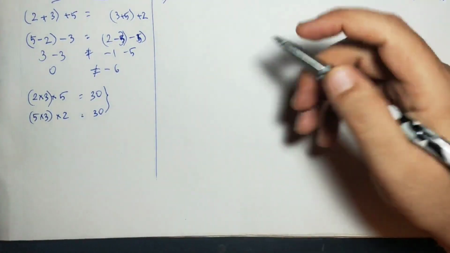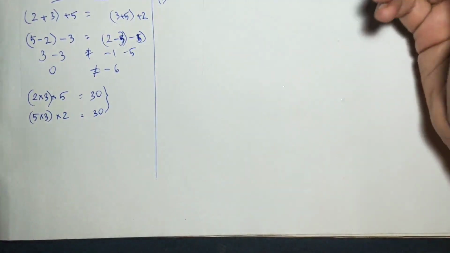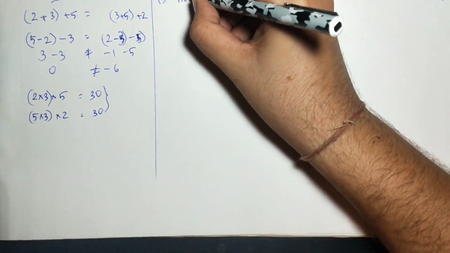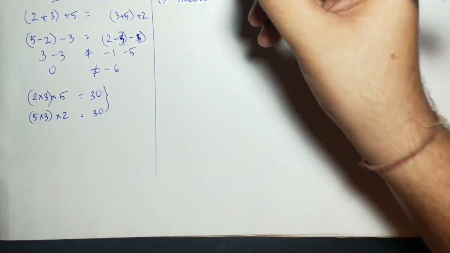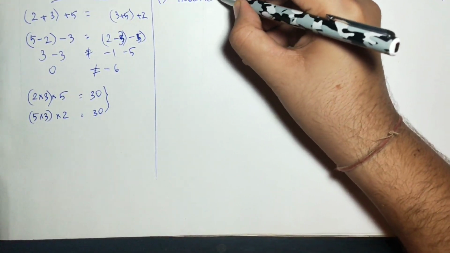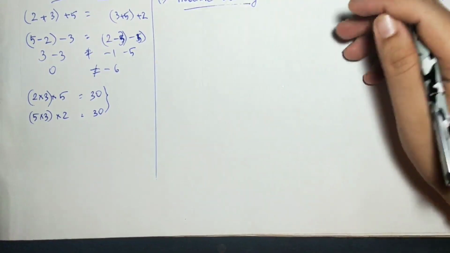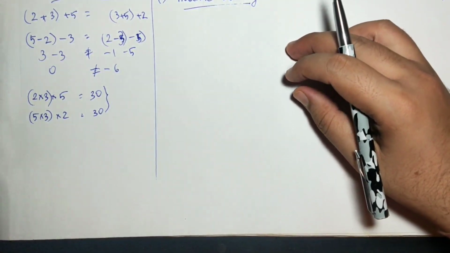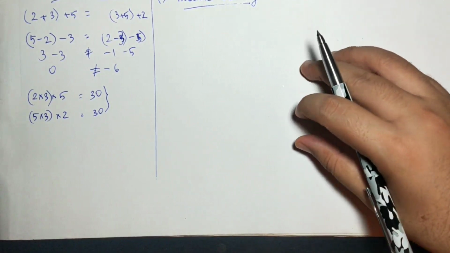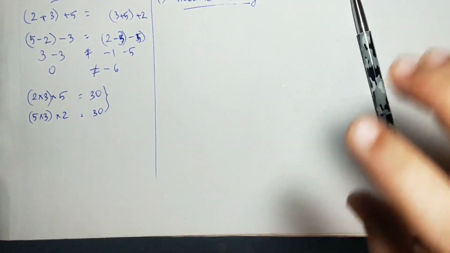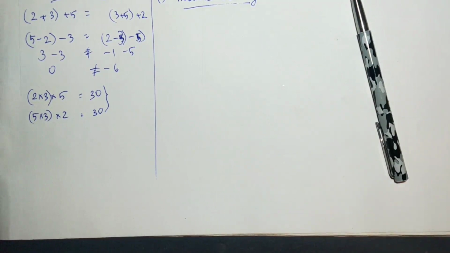So the rest of the properties, which I have not taught yet, are other than these three properties: additive identity. What do you mean by additive identity? If I ask you, is there any number in the number system, you add any number to it, the answer will be the given number which is added to that number.